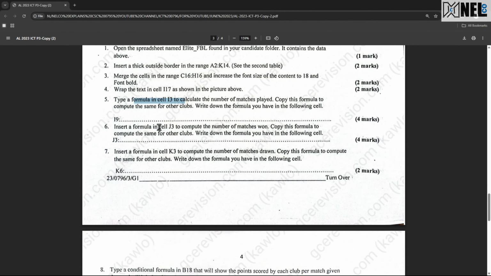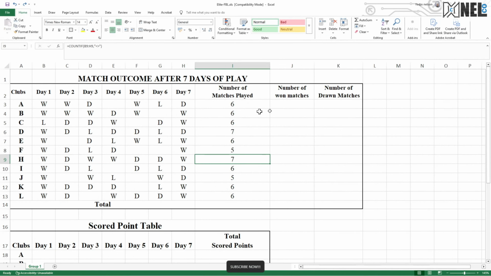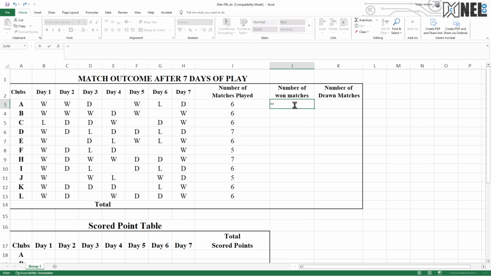Insert a formula in cell G3 to compute the number of matches won. Copy the formula to compute the same for other clubs and write down the formula you have in the following cell G3. Okay, so we go to G3. This is it. Number of matches won is simply an if statement. We are going to check if the particular cell contains the W. That's all. So I'm going to say equal to if the particular cell,